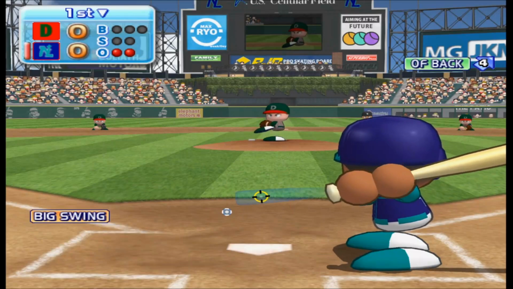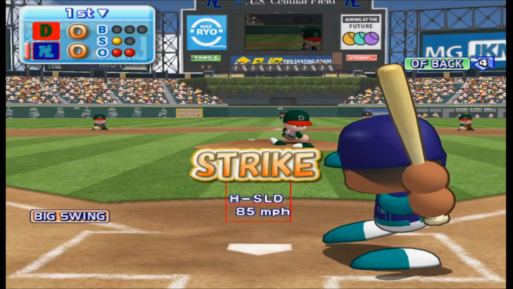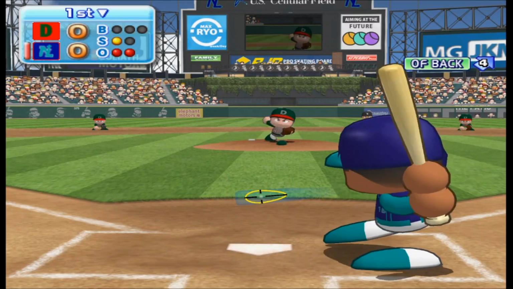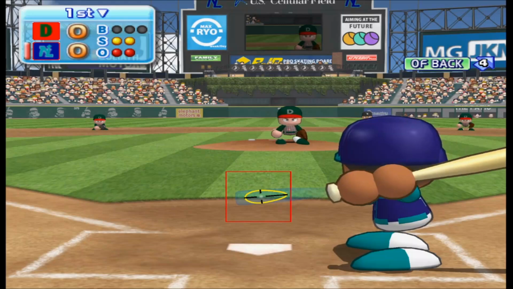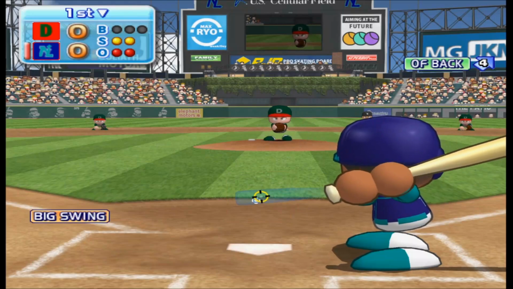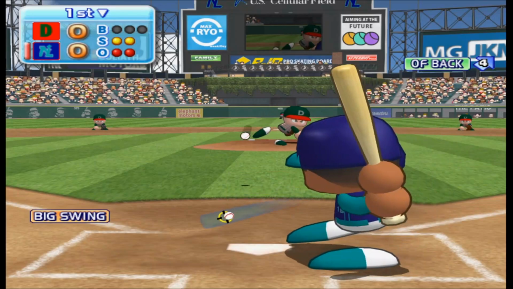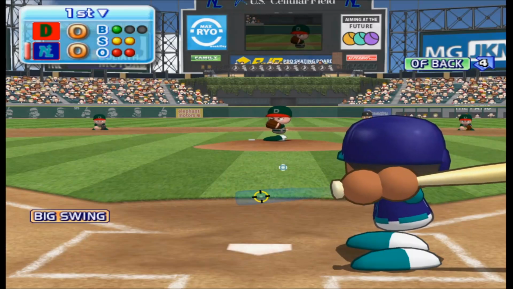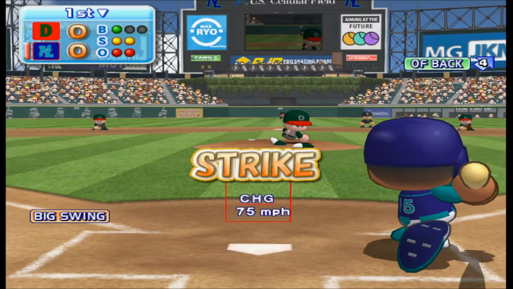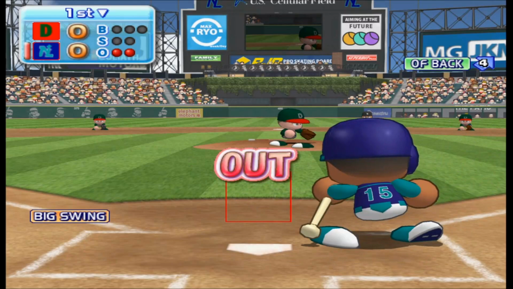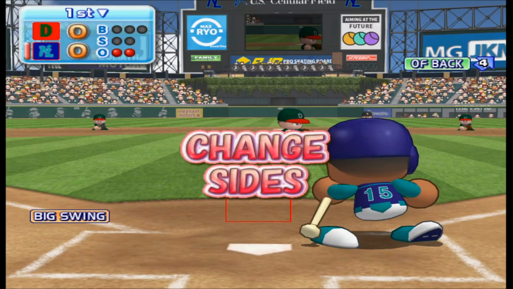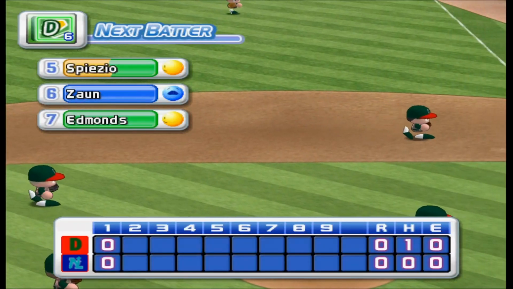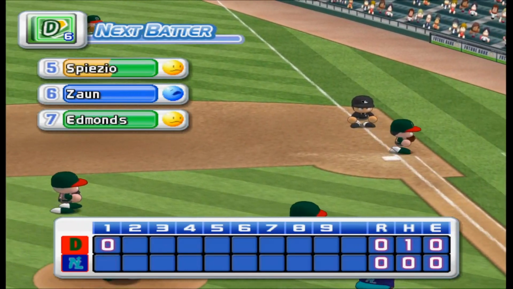Here we go for the first pitch. It's a strike. It's a strike. He's behind in the count. Pitch is out in this situation. Swing and a miss, strike 3. Beltran strikes out. No runs, no hits, no errors. At the end of the first inning, Minneapolis 0, Edmonton 0.